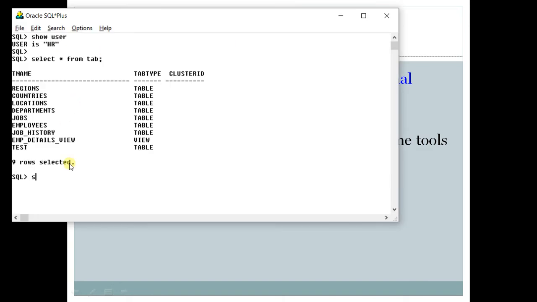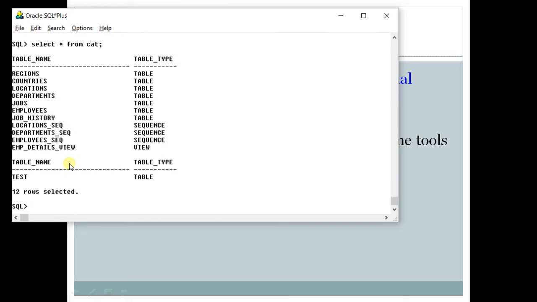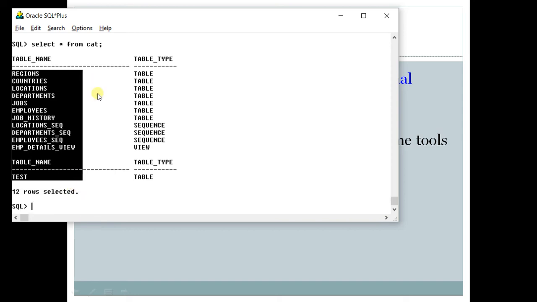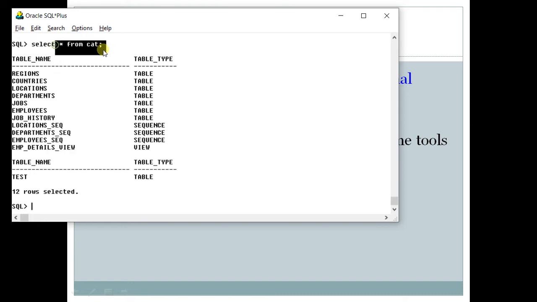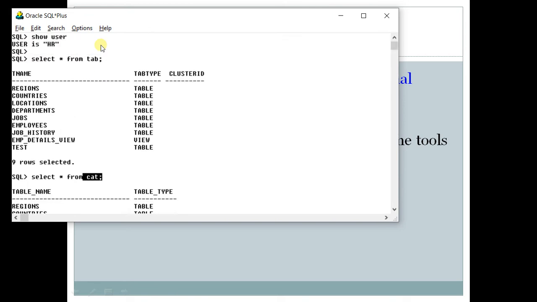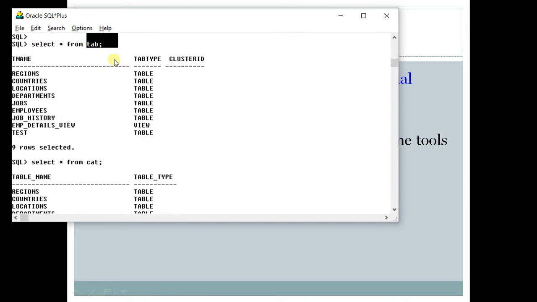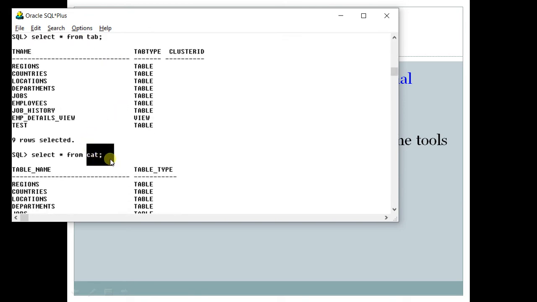Similarly, select star from cat. Again, you can see the list does not contain any table with the name cat, but still you can select it. So cat is also a data dictionary table. So tab is a data dictionary table, cat is a data dictionary table.